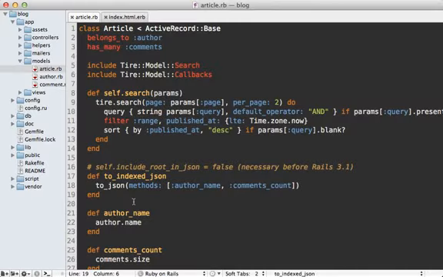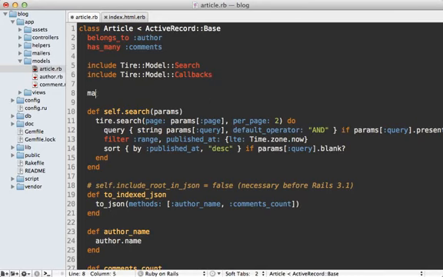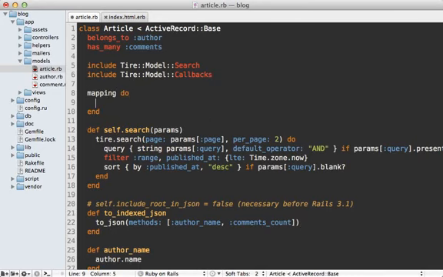Now there may come a time when you want to have more control over exactly how the attributes are indexed in Elasticsearch. Right now we're just tossing it a simple JSON string, which for the most part works quite well. But over time, if you want to fine-tune things, you probably want to create a mapping. To do this, we can call mapping at the class level here and pass it a block. And then inside of here you can call indexes and pass any attributes you want to index, such as our